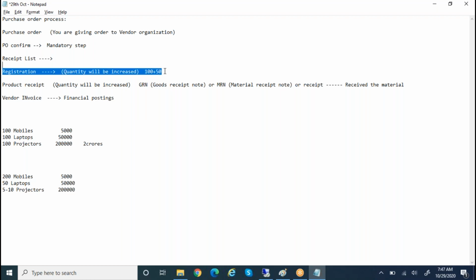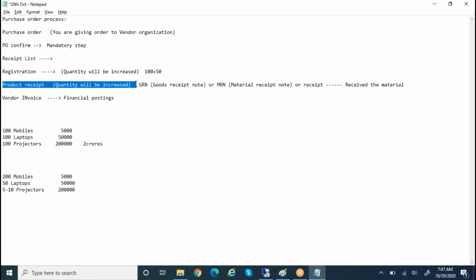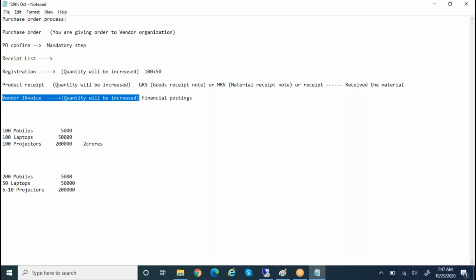If you are skipping this one, then at the time of product receipt, the quantity will be increased. If you are skipping these two, then stock will be updated here. This is not a best practice, skipping these two steps.